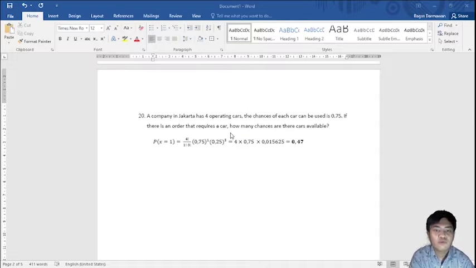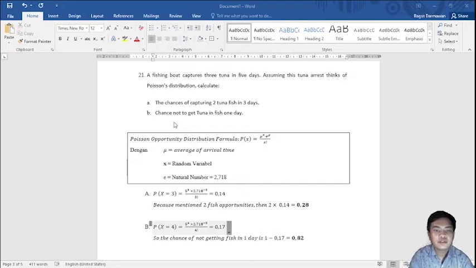Number 20. We use the same formula as number 19, and the answer is 0.47. Number 21. We use the Poisson probability distribution formula, where lambda is the average number of arrivals, X is the random variable, and e is the natural number,